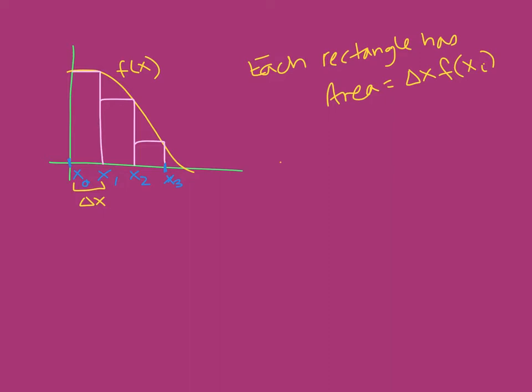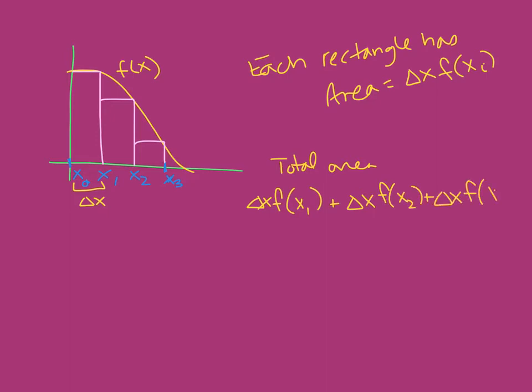When we added up the total area, this would be f of x sub 1 times delta x plus delta x times f of x sub 2 plus delta x times f of x sub 3. So the formula for that is the sum from i equals 1 to n, and in this case my n was 3, of f of x sub i